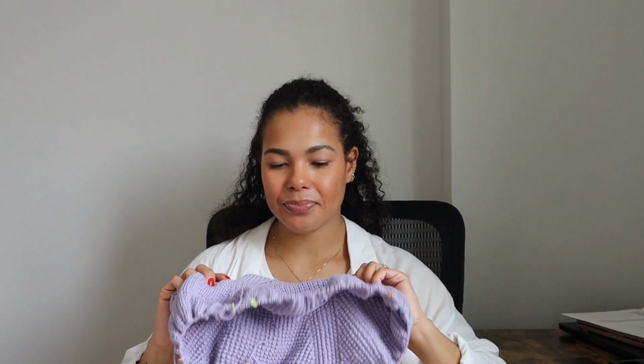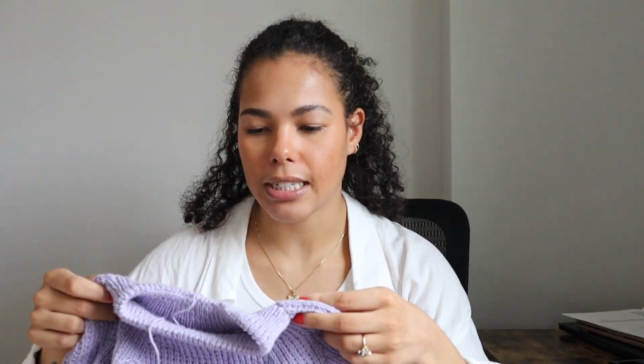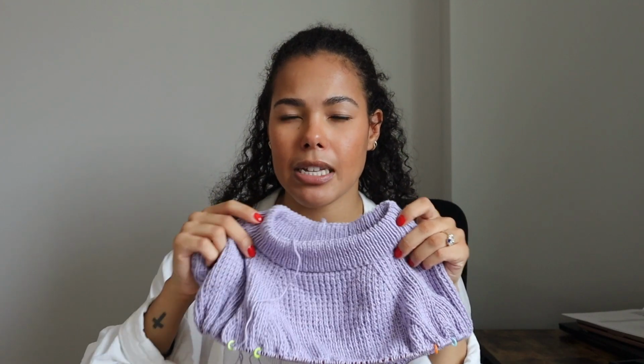So about the pattern, I am knitting a size small in this, which is for a 95 centimeter bust, I think. And it's just knit in broken rib on 3mm needles, and then the ribbing at the top is on 2.5mm needles. It has a double folded collar,